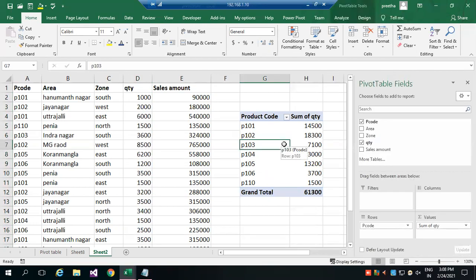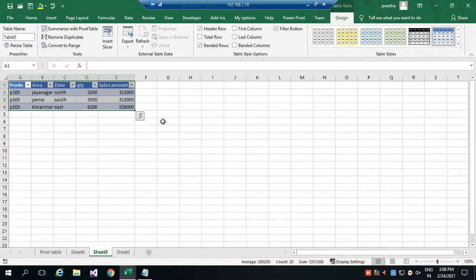After getting the pivot table, if I want to do a comparison, how I got 13,200, just double click on this area, it shows how we got 13,200. So how many times we did sales for P105, it's filtering and showing only for 105, and how much quantity of the sales.